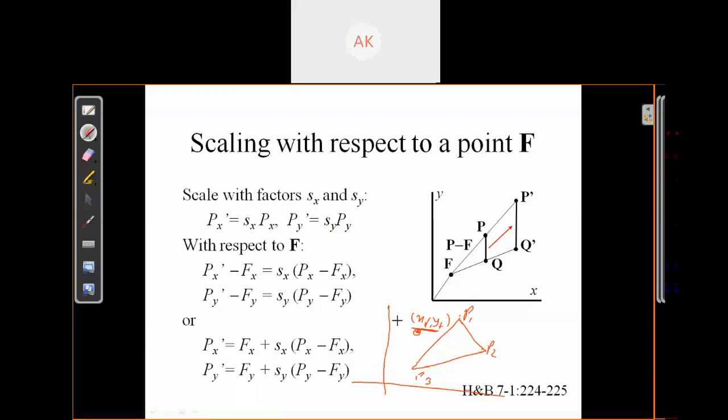So we have seen translation, rotation and scaling of an object when your rotational point or fixed point is not the origin, some different points. So this equation we will get. Now let's discuss the matrix representation of these transformations.